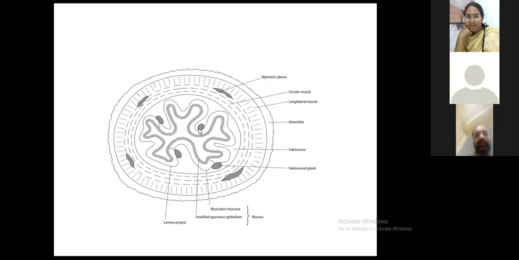Since the serosal layer is absent, if there is an esophageal carcinoma, it can easily spread to the surrounding tissue, sir. That is one disadvantage of it. Also, during anastomosis, you have to be much more careful because there is no serosa. You have to include all the muscle and also the submucosa and mucosa.